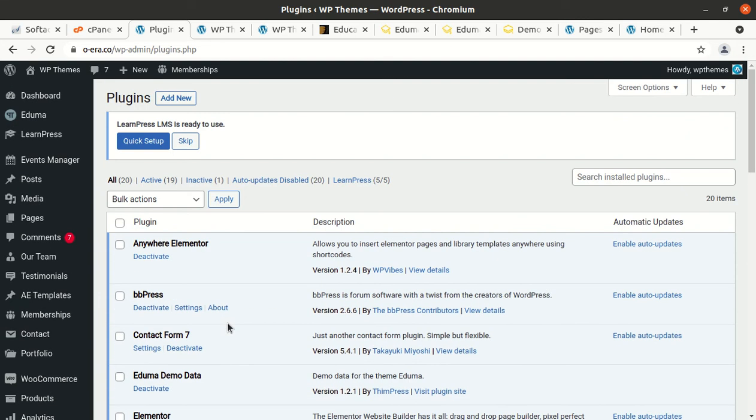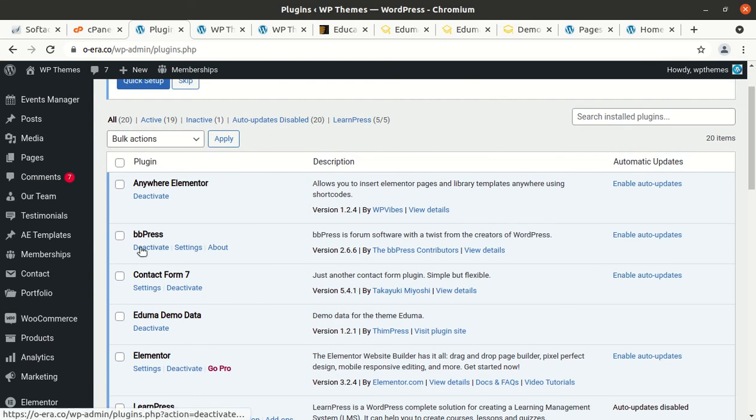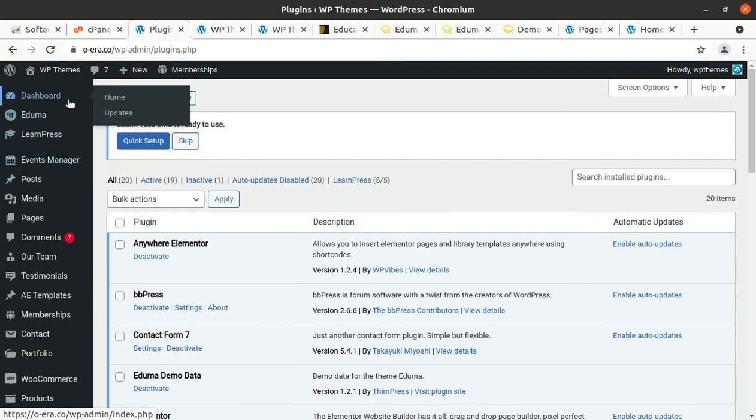It is a big number of plugins. In fact, this is why the site is slow. Okay, so we got all these plugins installed in our website, and let us check what else is available.